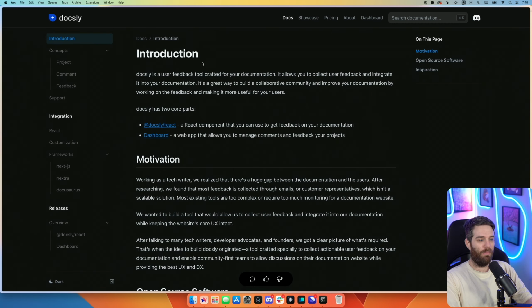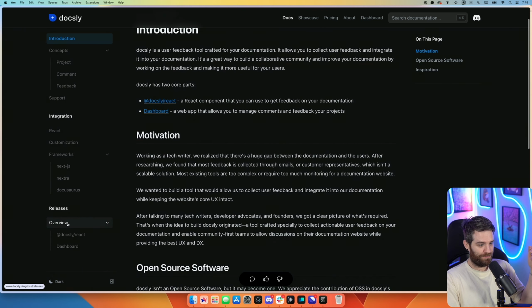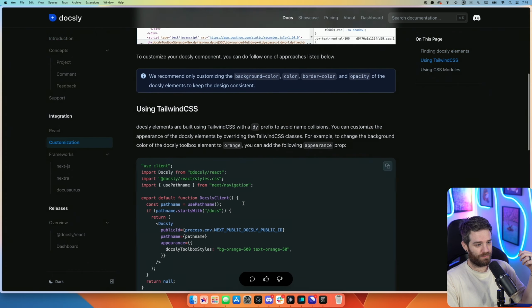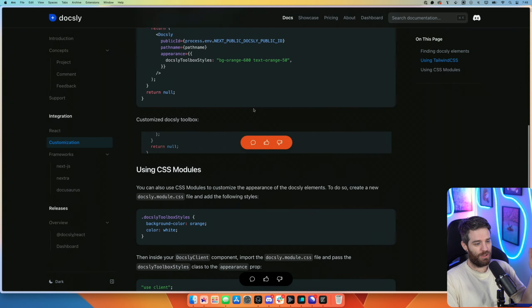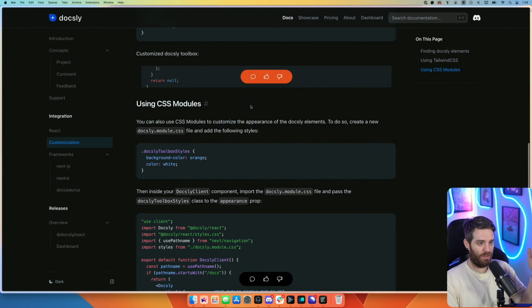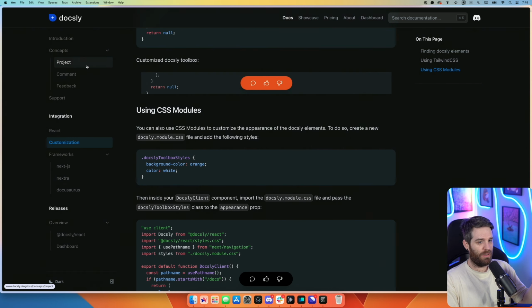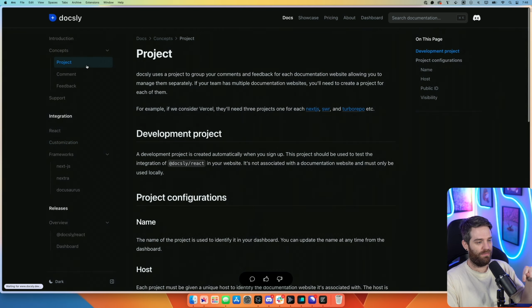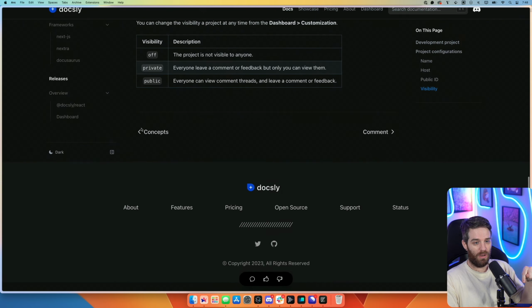Docsly is a React component giving you some good things. You can do it with Next.js, Nextra, Docusaurus, whatever you're using. One of the key elements here is the ability to actually have customizations. So first, you can change all the colors, shapes, and whatever you want. So you can make it look bright orange. But one of the cool features that we are still introducing at Clerk, which we haven't done yet, is if you're using authentication,